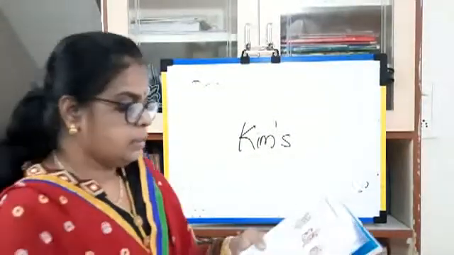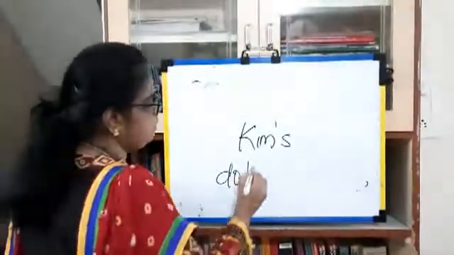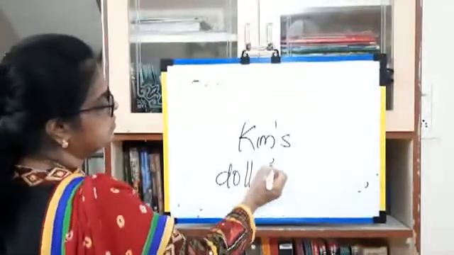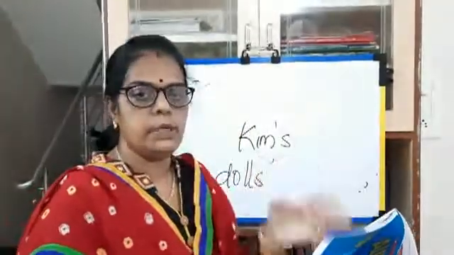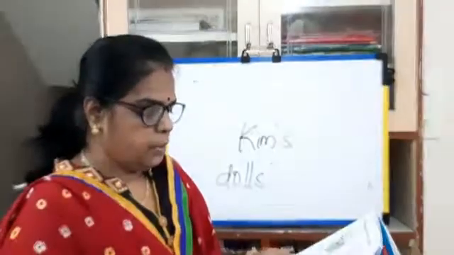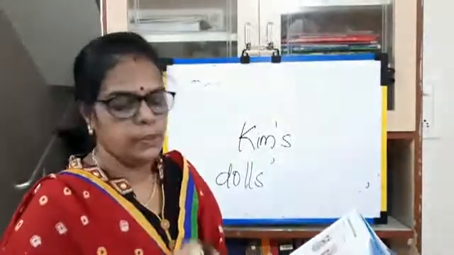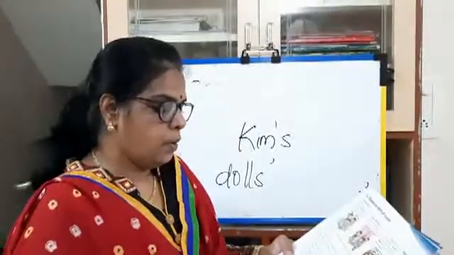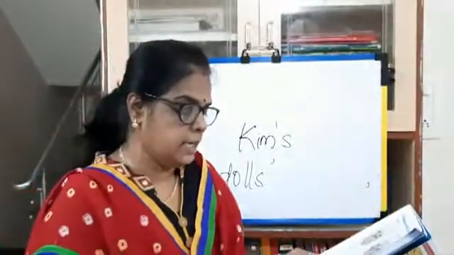Okay, then: the twins like to change their dolls' clothes. Dolls is a plural, so put the apostrophe after the s. Okay, the girls' toys are lying on the floor. Which one? The girls, the first one. Tony goes to Rose's house to play after school. Because Rose is singular, you put apostrophe s. Add apostrophe s or an apostrophe to the underlined word in each sentence and rewrite the word correctly in the blank.